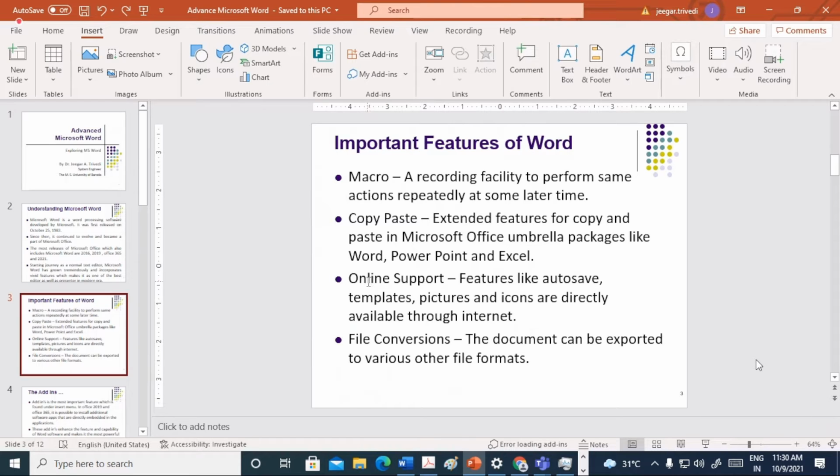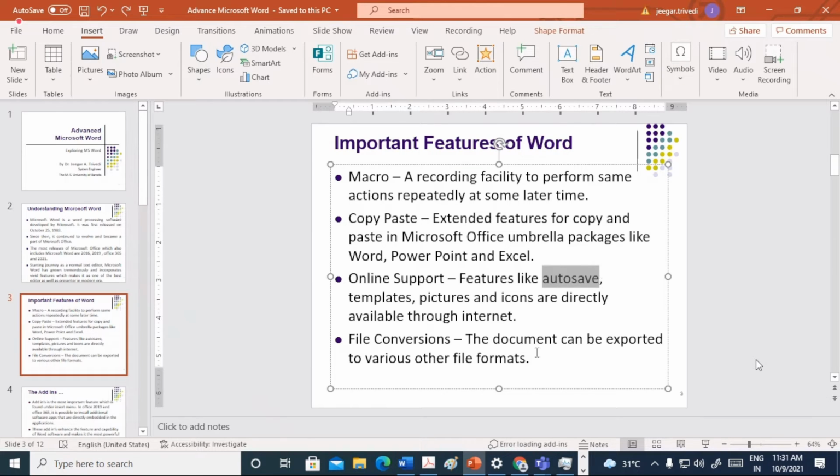Then Word provides online support for various features like autosave. This autosave not only saves into the buffer, but it also saves on the Microsoft Cloud. Templates, pictures, icons are directly available from the internet.